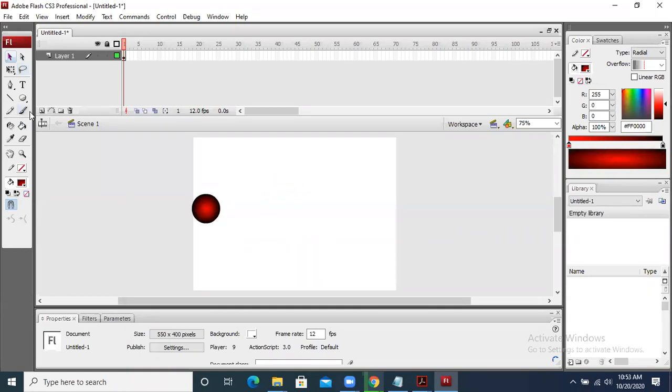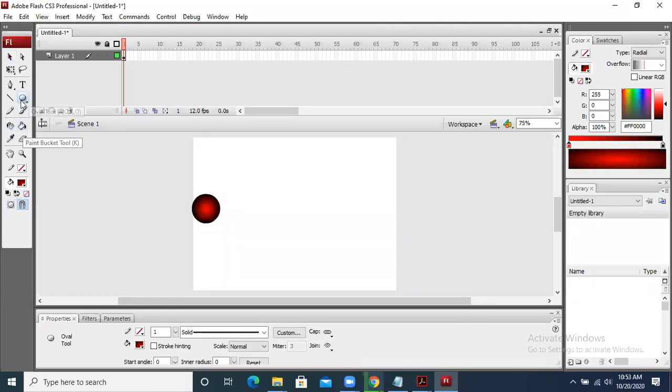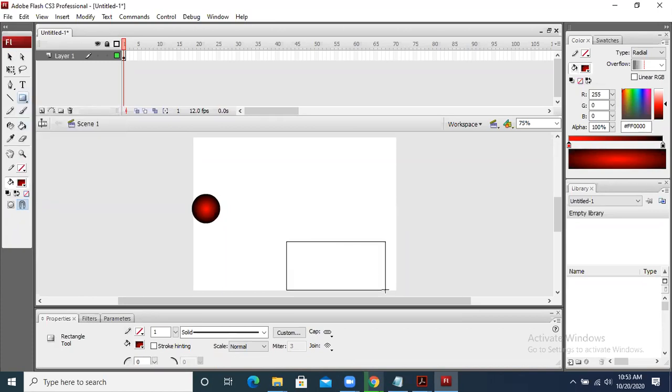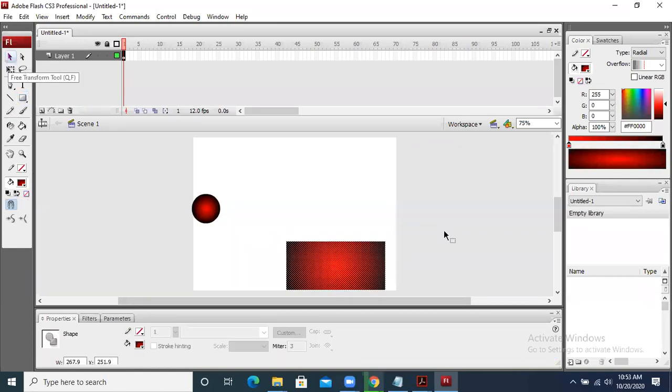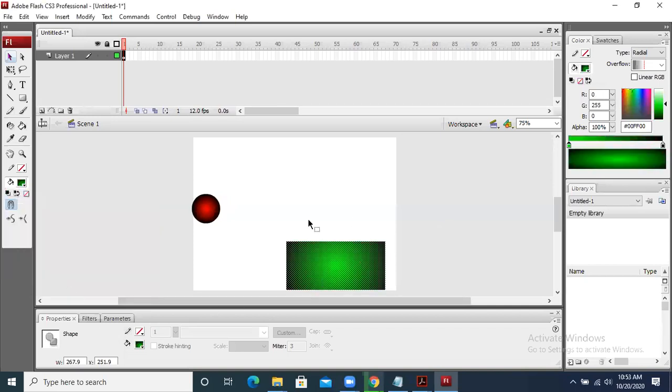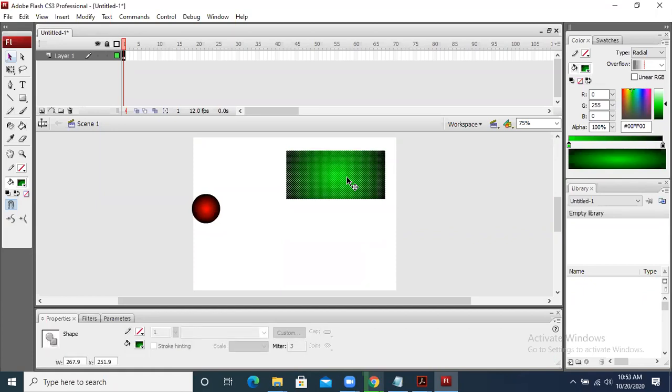Or you can draw any rectangle or triangle, whatever you want. If I take rectangle, I can draw a rectangle, just like this is a rectangle. If I want to change its color, I will take this selection tool, click on it, and then go to some other color that I want to place in it. Fine. Right now, this is the stroke color, the line color, and this is the inside color. The bucket is showing you the inside color, and this is called the stroke color, the line color. Right now, it does not have any line. Can you see that there is any line? No line is there.